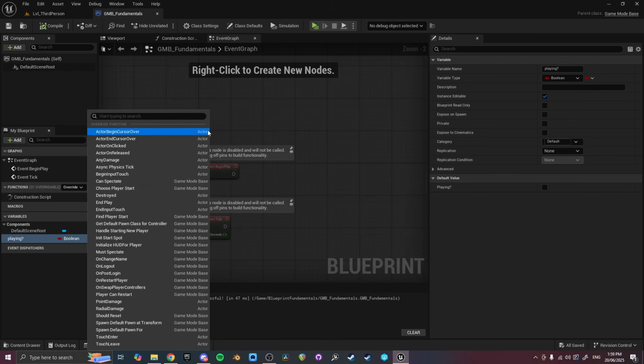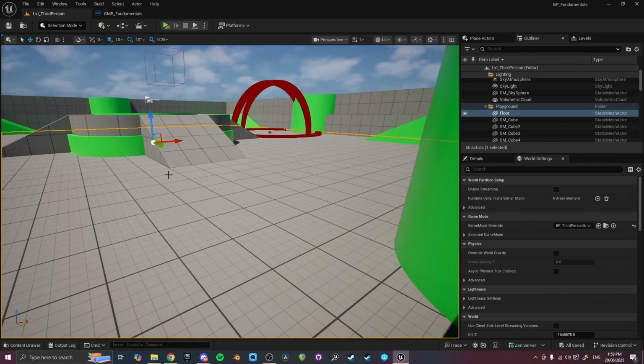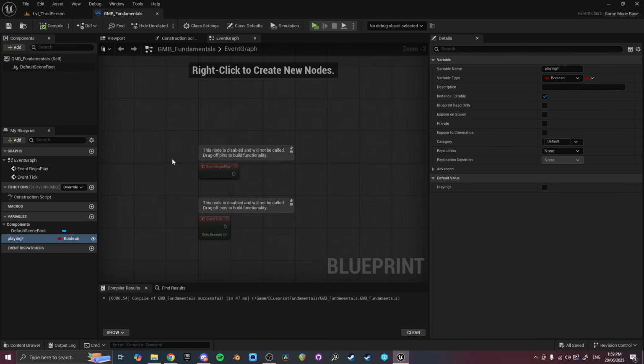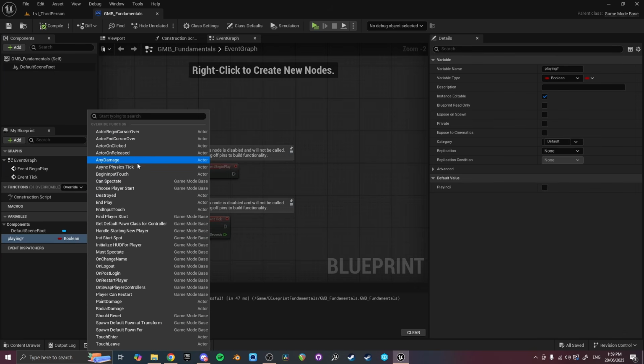So we've got, see how it's got the little actor thing on the side. These are the ones that are specific to all of the actors. So these are the ones that were accessible in the actor blueprint that we did before, whatever we called it. We called it BP fundamentals or whatever, this thing, the overlap collision. They're gonna share the same events here, but then you've got these special ones here which are specific to the